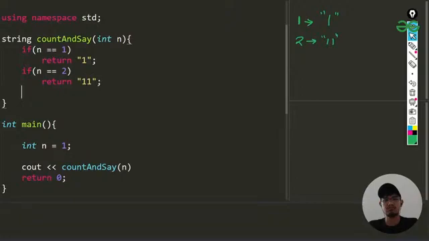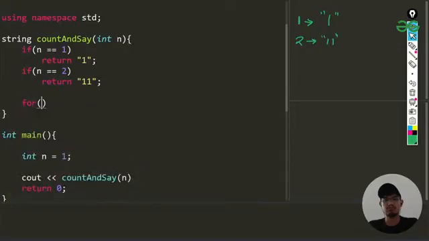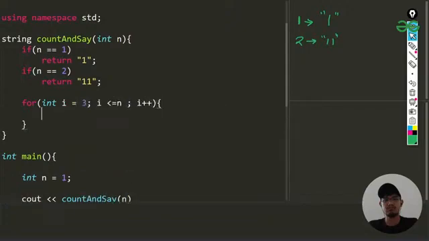Now whenever we have something like 3, 4, 5, so in this iteration my approach is that I'll be running a for loop that many times. I'll be doing an operation to convert this 1 1 to something like 2 1 for the next, for 3, whenever input is 3. So I'll be just running a for loop which will start from i equals to 3, it will go up to i less than or equal to n. And in this I'll be just incrementing i plus plus. Okay, this part is done.